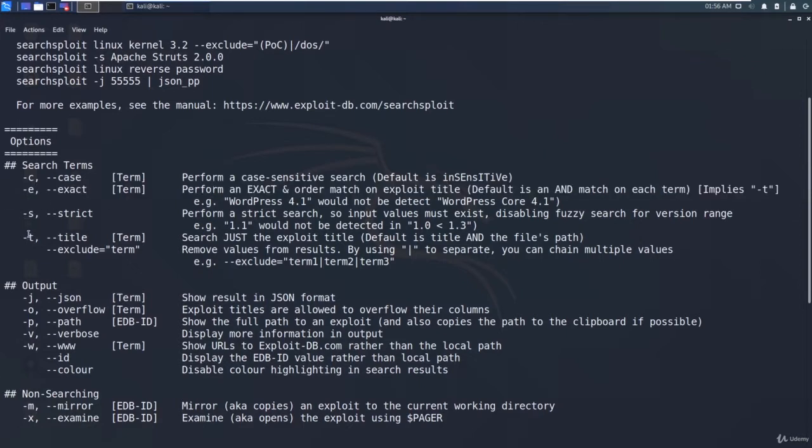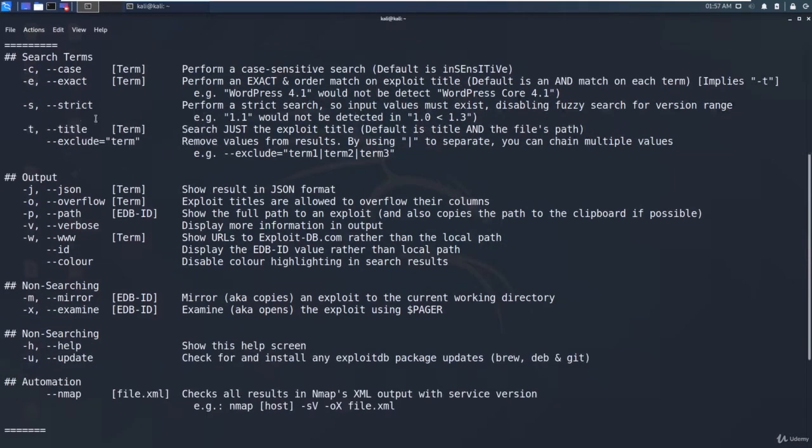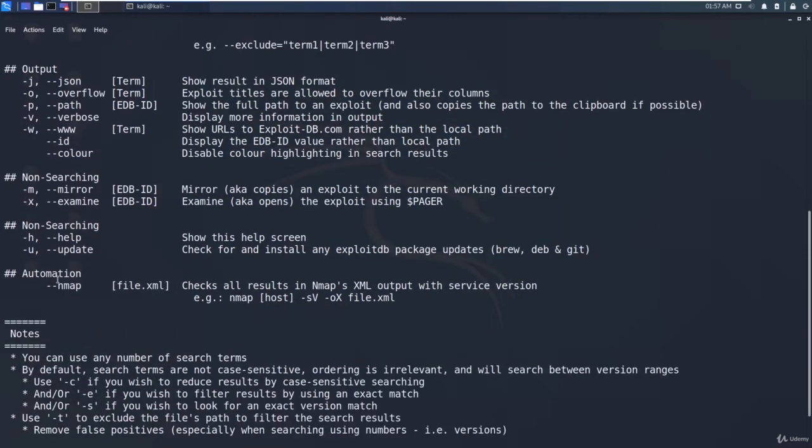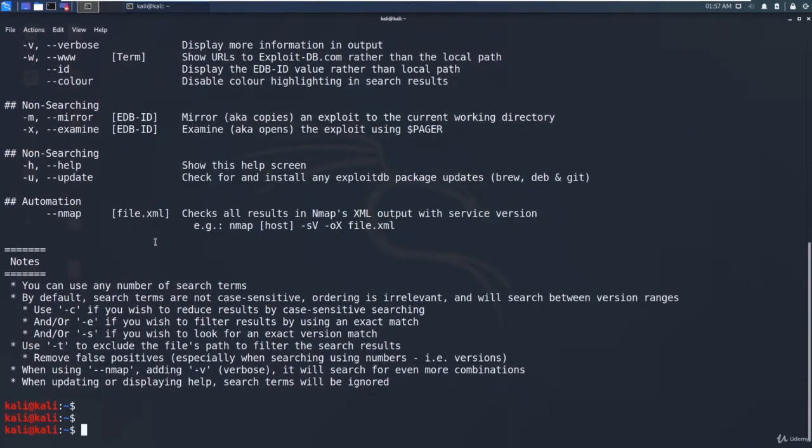You can also give the -t option to search in the title of the exploit name, -p to show the path of the exploit, -v for verbose to see what's happening, -u for update, and -h for help. These are the basic options we will see in searchsploit.